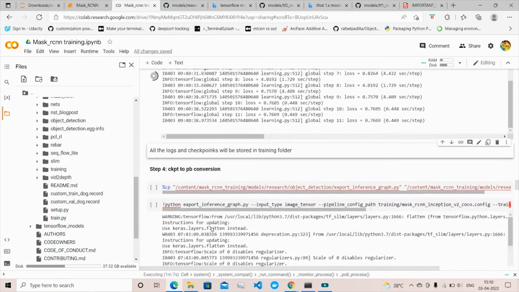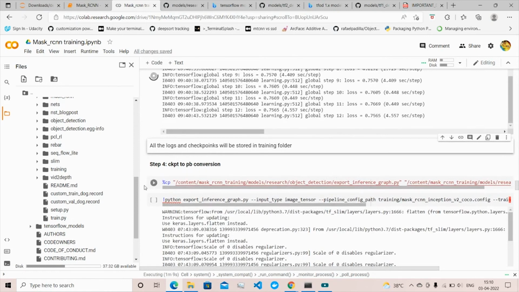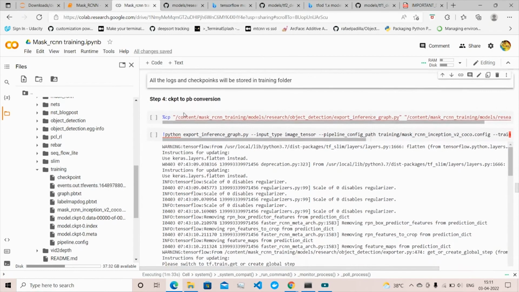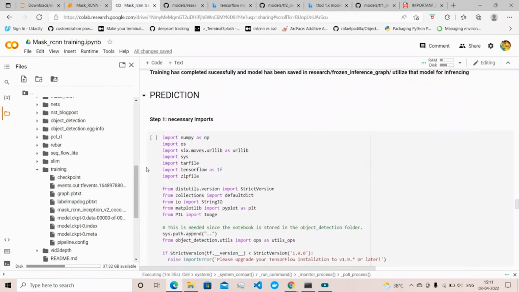We will be converting the model CKPT into PB conversion. All the logs will be stored in the training folder. Now, while opening it, all the checkpoints are getting stored, not here, in training. Before this execution of the command, you had only the label map.pbtxt and the config file, but now you will be able to see all the checkpoints have been generated, and all the logs have been stored here. Now you want to convert the CKPT to PB,